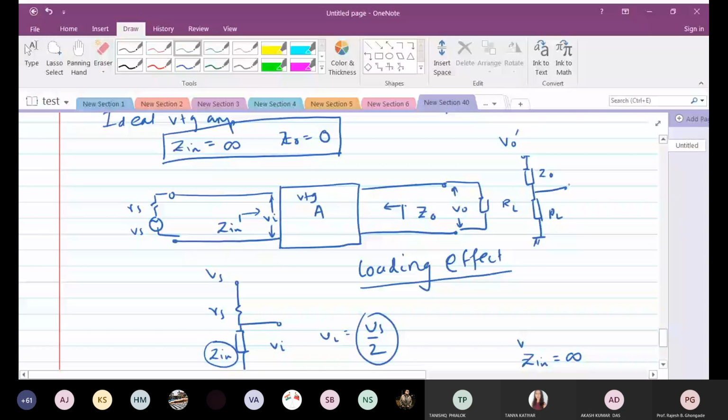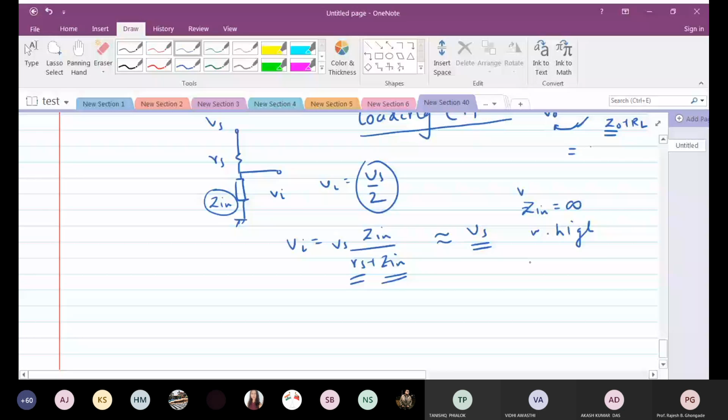Same thing, no? Here V out will be V out dash into RL divided by ZO plus RL. Now, if I want the entire VO dash to be available at the output, what should be the condition? ZO should be very less. ZO should be as small as possible. And so we come to the conclusion that ideally Z out should be equal to